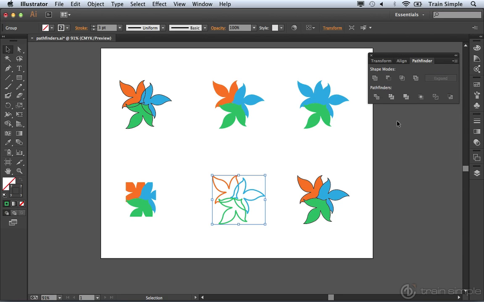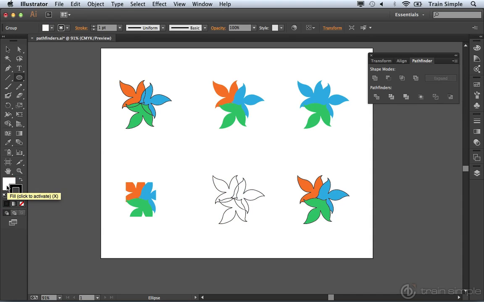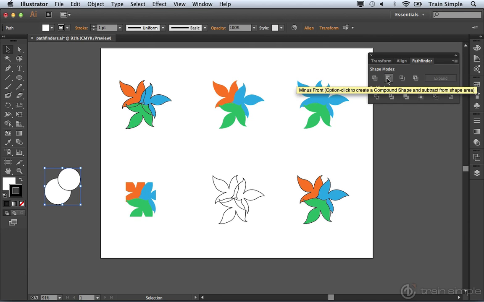If you remember, when we demonstrated Minus Front, what we did is we took 2 circles. So again, let's come over and choose the ellipse tool. With the ellipse tool, I want you to use a black stroke. It doesn't matter if you use a fill or not, but if you click and drag 2 circles on top of one another, remember what we did, if we press the V key on the keyboard to activate the selection tool, is we selected both of these circles,